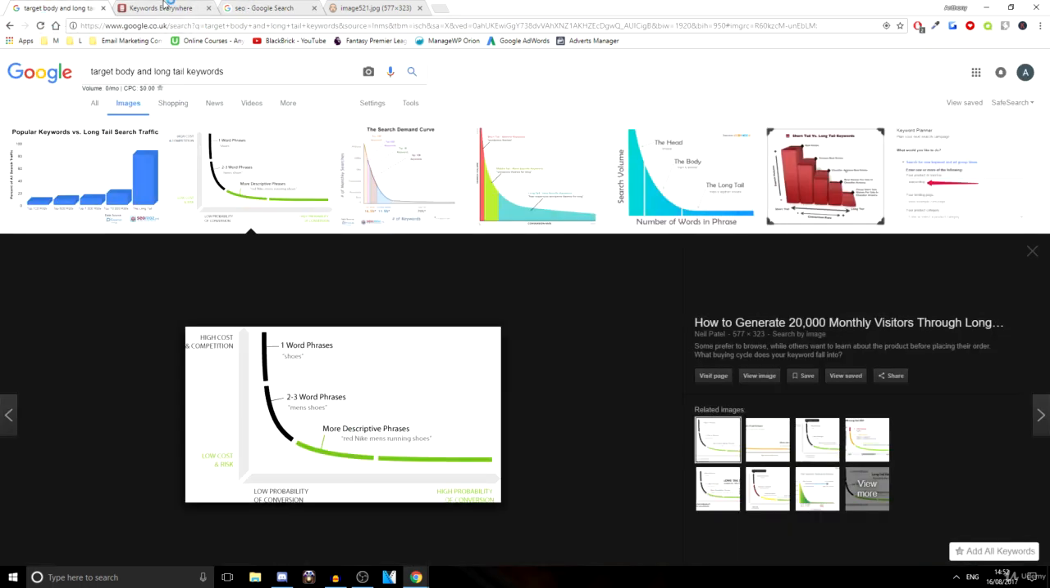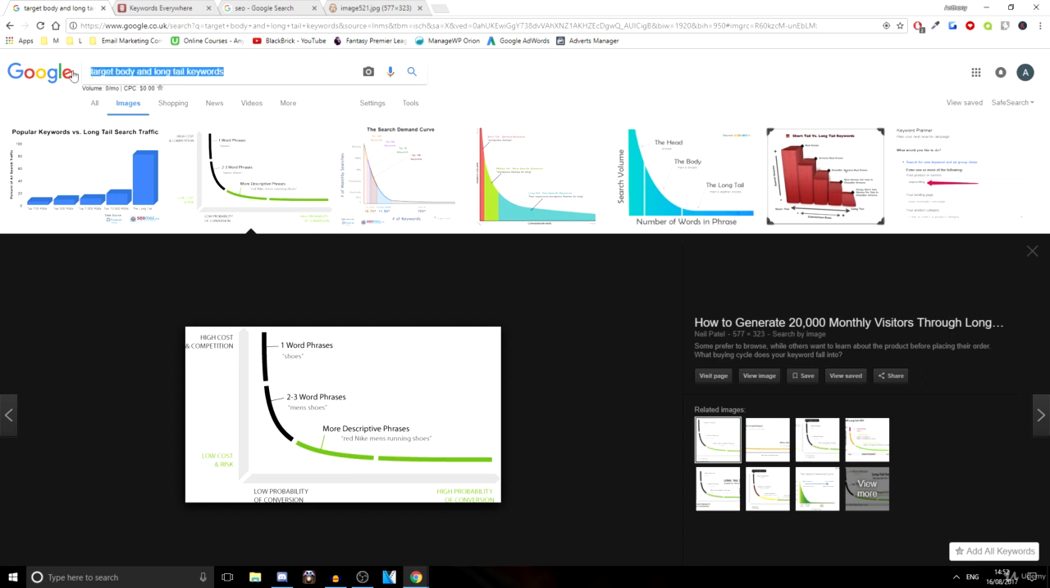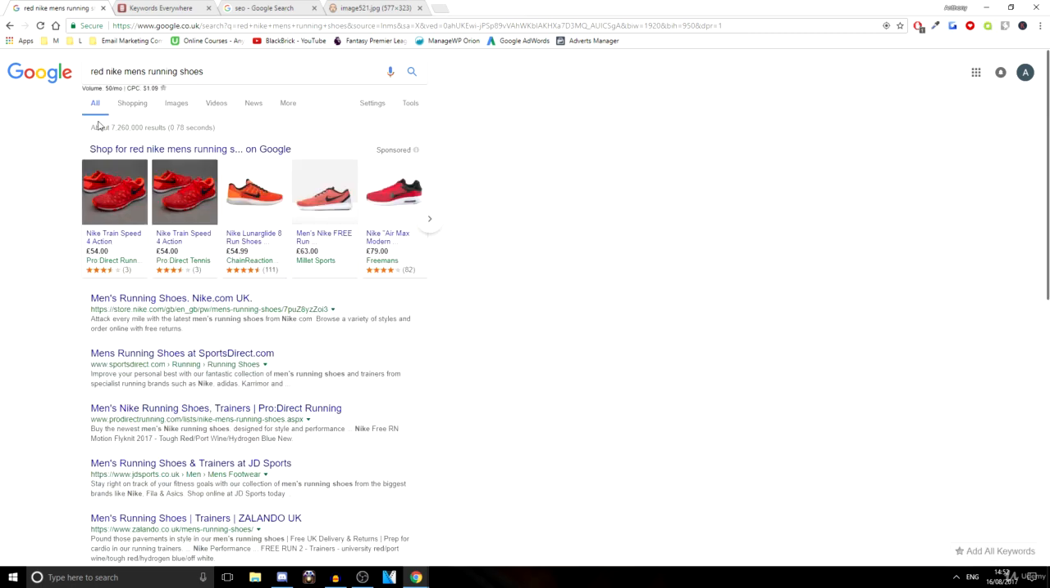What we're going to do is find some new keywords, okay? So we're going to type, where was it? Where's the image? Here we go. Red Nike or Nike men's running shoes. So here we go. We've written it down now, and we don't want that in images, so we're going to get rid of that. And here we go. So as you can see, there are 50 searches a month, and the cost per click is $1.09 with around 7.2 million results. So this one is going to be a lot easier to actually rank on, rather than just